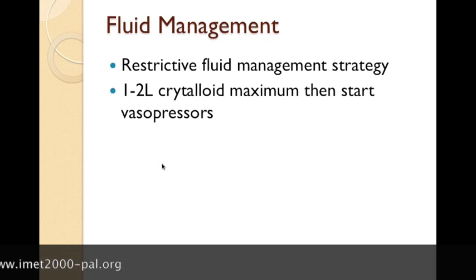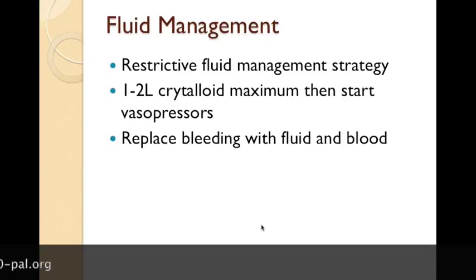Once you've given your initial fluid load, start vasopressors. In a lot of surgeries, we have our drip constantly running, and we're always giving a bit of maintenance fluid. The practice generally in thoracic surgery is give your drugs, flush them in, turn the drip off. Don't leave the drip running, because before you know it, you'll have put in 1 litre or 2 litres, and then you've used your entire quota for the case. So they tend to run very restrictive fluid strategies